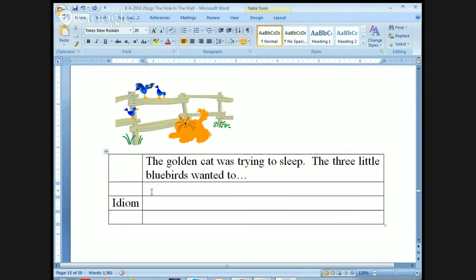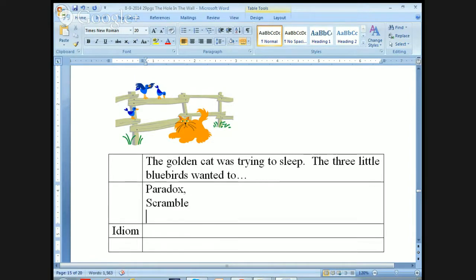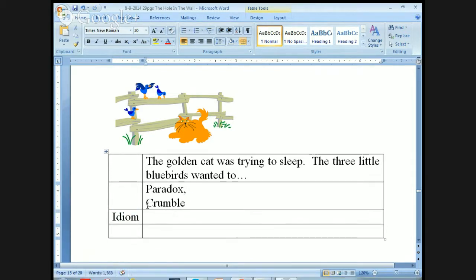Yes, the first one is paradox. Okay, that's one. Paradox. Got it. The next one is crumble. C-R-A-M-B-L-E, scramble? No, crumble. C-R-U-M-B-L-E. Crumble. Okay. The third one is